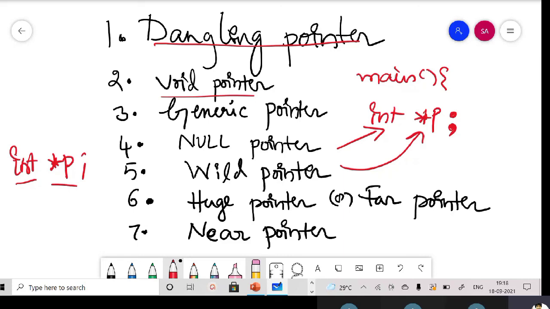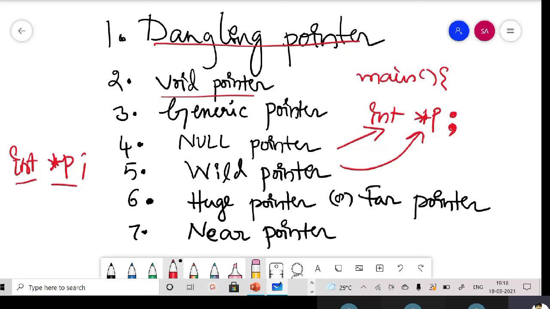But a good programming habit is, whenever you declare a pointer, you should store a null value into the pointer. It's not mandatory, that's why it doesn't give any error. But why I'm saying it's good practice: maybe you have seen programs of 10 or 20 lines, or in data structures maybe 100 lines. But in companies, when you're doing a project, you will have 1,000 lines of code.